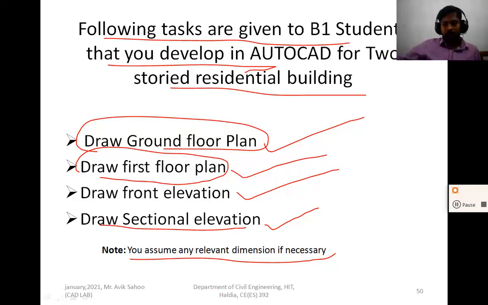If the data are not given or you are not able to understand the data, then take suitable data and draw accordingly.